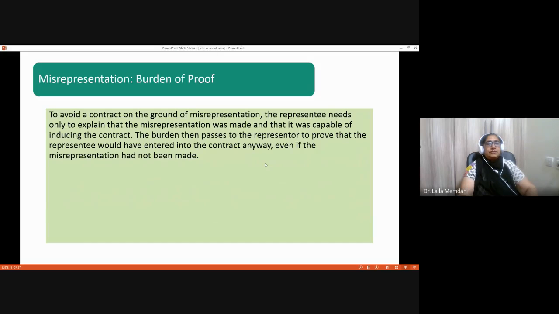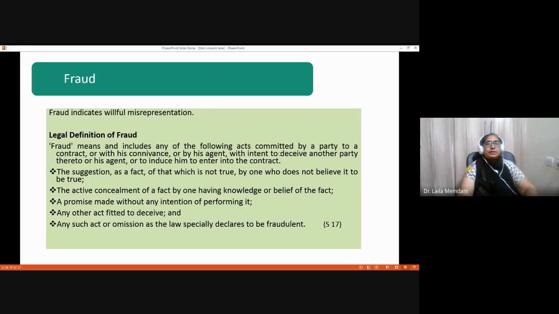Misrepresentation and the burden of proof. To avoid a contract on the ground of misrepresentation, the representee needs only to explain that misrepresentation was made and it was capable of inducing the contract, and then the burden passes to the representer. Now, coming to fraud,